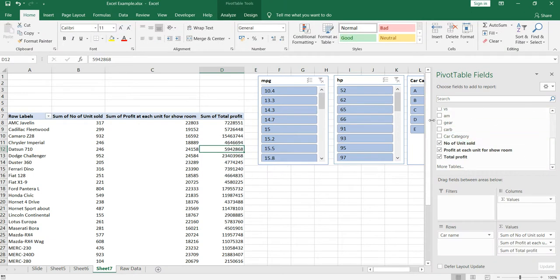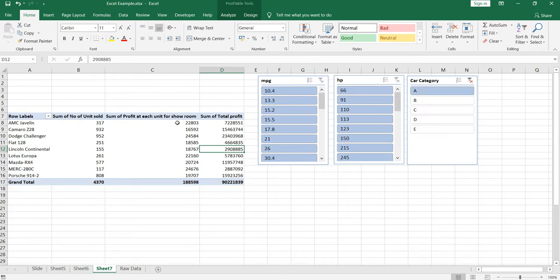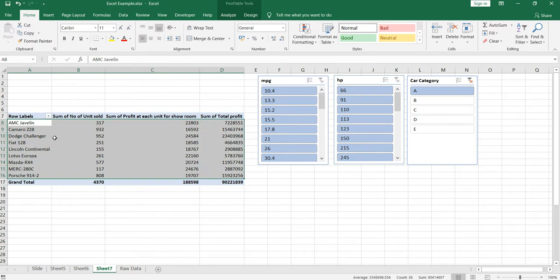And if you want to remove this pivot table fields option here, you can close this. Now I want to see only those cars which fall under category A. So within this slicer I'll select A, and you will see that your pivot table is getting filtered at category A. These cars are from category A.